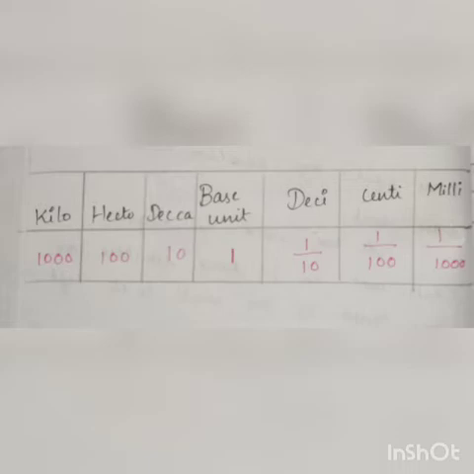So if you are moving towards deci, that means 1 by 10, which means you are dividing by 10. Next, to centi means 1 by 100. From base unit to centi, 1 by 100. It's shifting 2 digits, so you're dividing by 100. Next, base unit to milli, 1 by 1000. Next, towards the left side, base unit to deca, 10, which means you are multiplying by 10. Next, base unit to hecto, multiplying by 100. Base unit to kilo, multiplying by 1000. Understood?